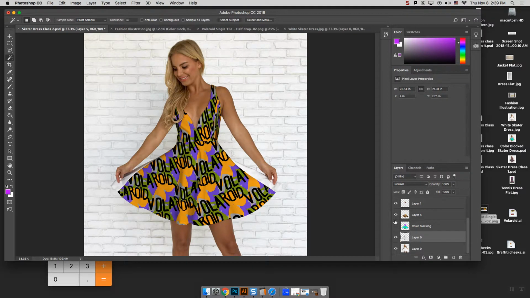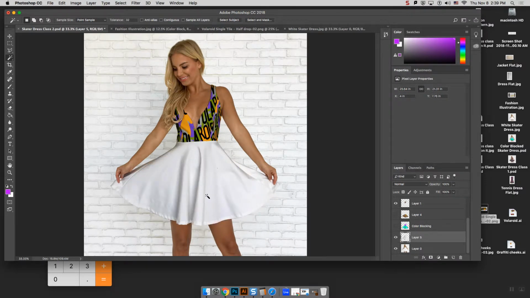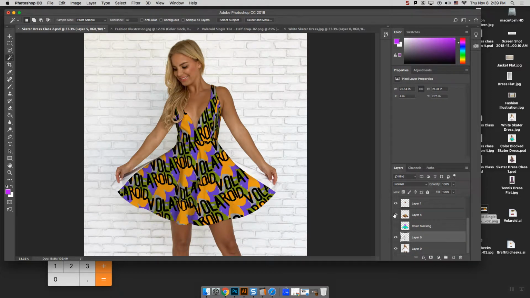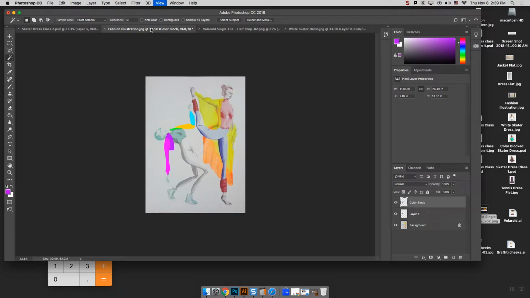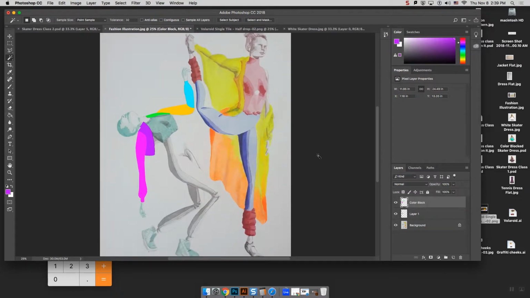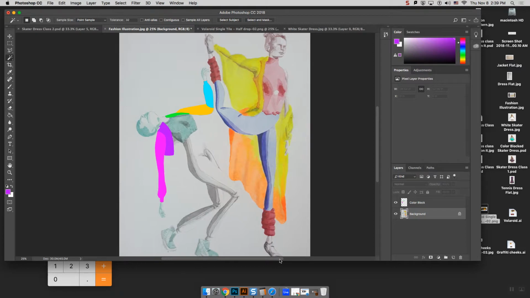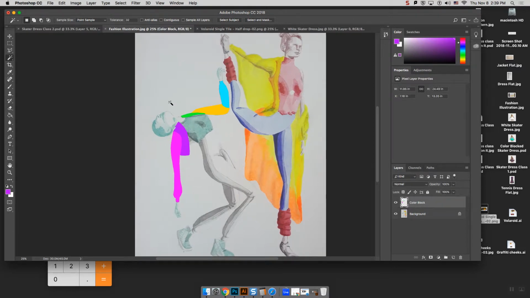Even though the dress probably doesn't look that great under here, it looks kind of darkened and weird, it's okay because we're covering it with our texture. Okay. So I can do the same thing for this fashion illustration. I've already color blocked out this jacket, and I apparently left a layer from last class on there. So again, I just filled this with colors on its own layer,